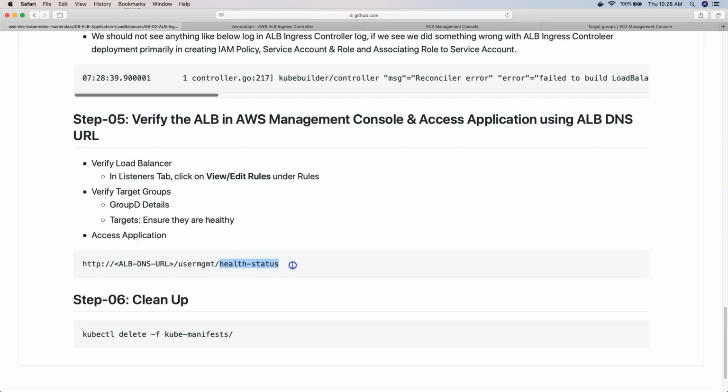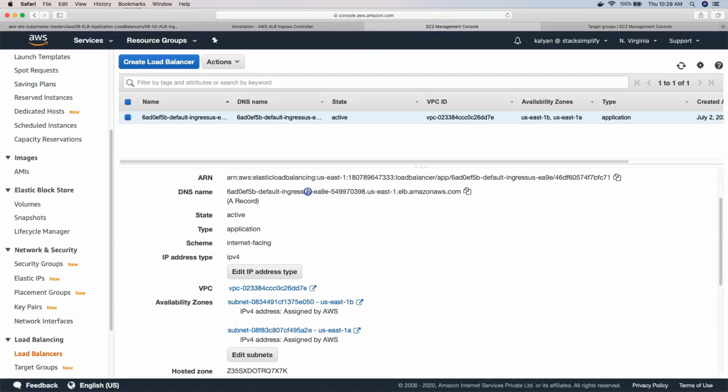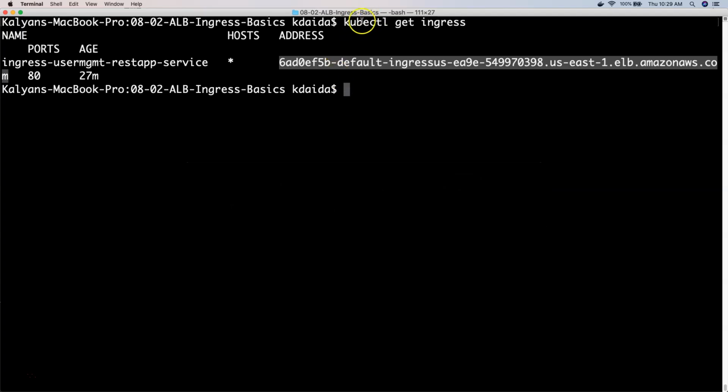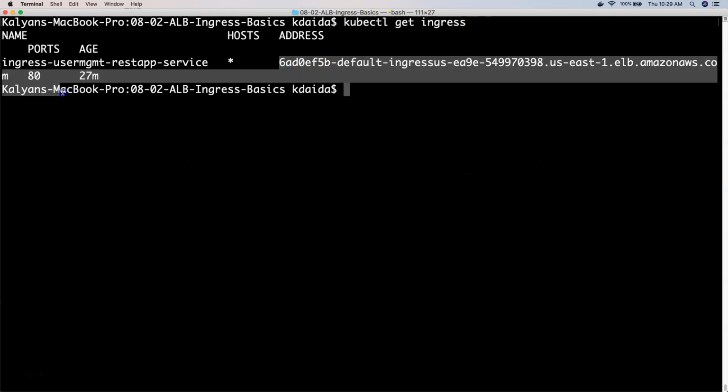We can check health status, or we can even list the users, right? /users. So let's go and get our ALB Ingress URL, which is nothing but the DNS URL. We can get it directly from the DNS name in our load balancer in the description section, or we can get it from kubectl get ingress, from the address section.